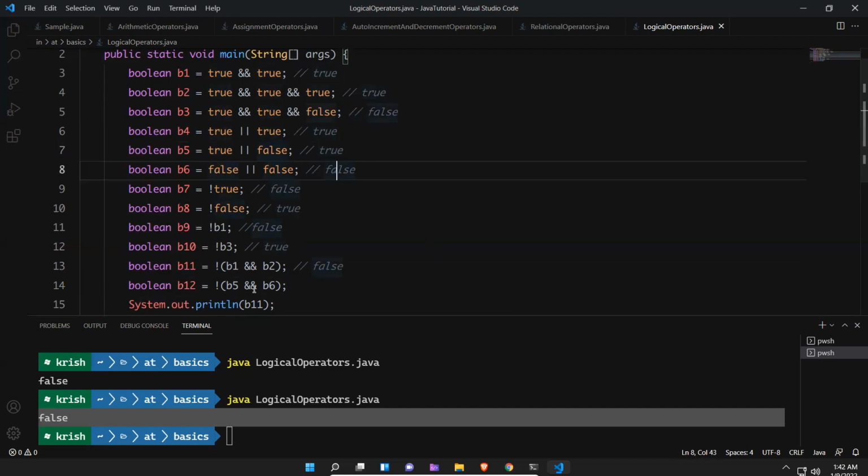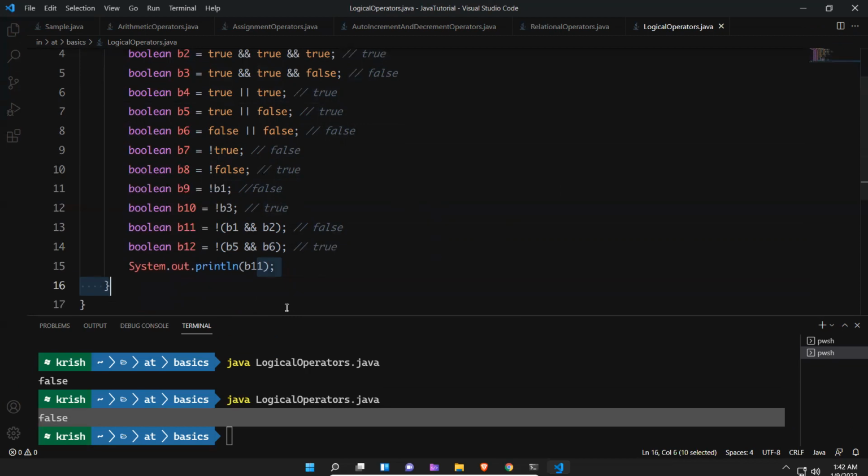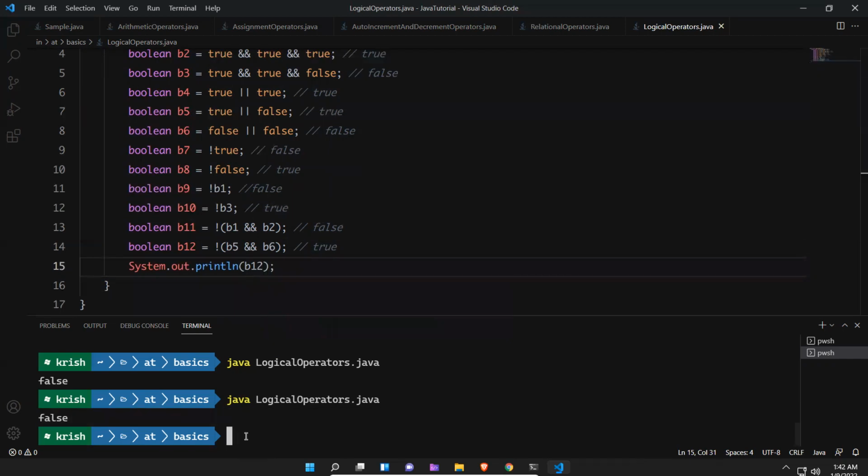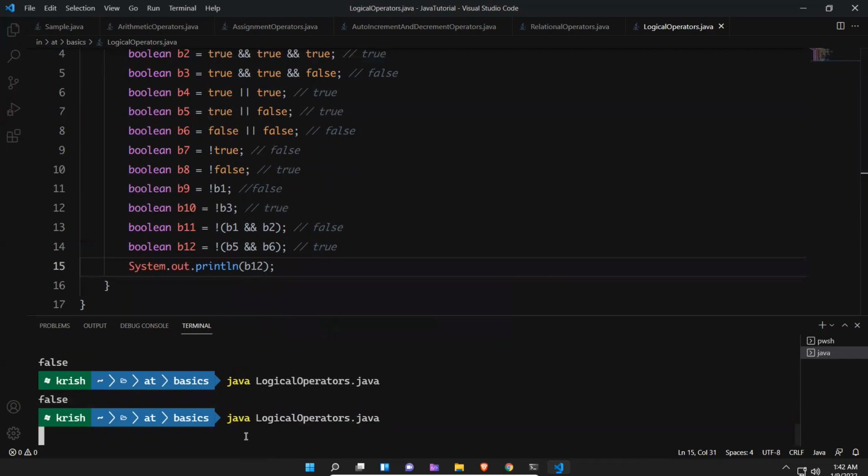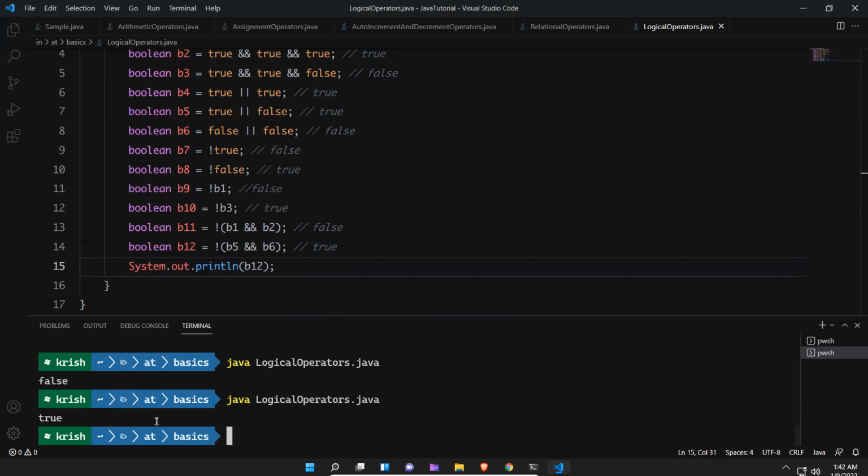The exclamation of this false means it will become true. Right, the reverse of that. So let me execute this and we'll see it should return true. You see that? It returned true. So this is how you can use these logical operators.